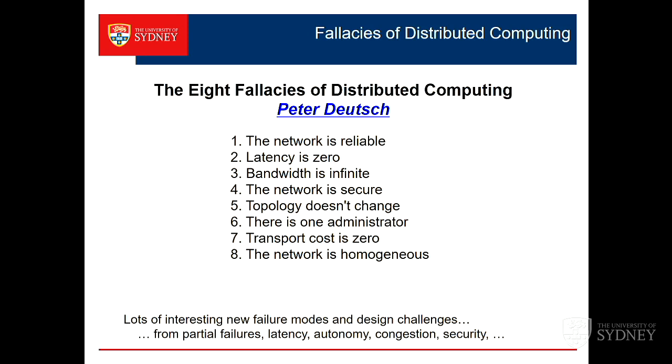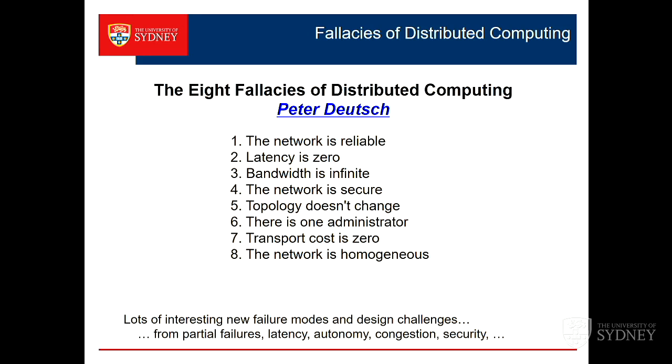So the fallacies. The network is reliable. So you send off a request, it never gets lost. No, you can lose messages. You can lose responses. Losing responses in some ways is nastier than losing requests. Latency is zero. When you ask for a request to go across a network, it's always infinitely fast. Unfortunately, it takes time. There is real and significant latency. And your programming models may assume that you don't have latency. Bandwidth is obviously not infinite.